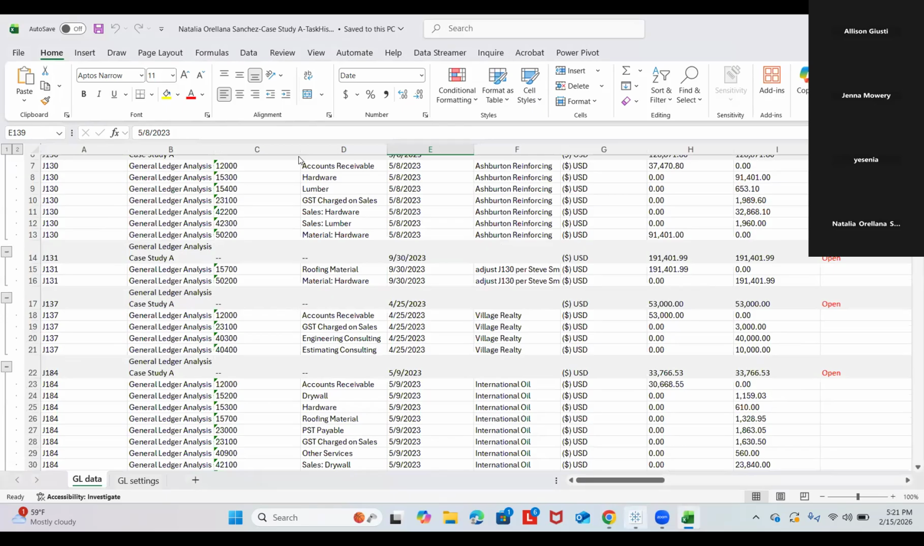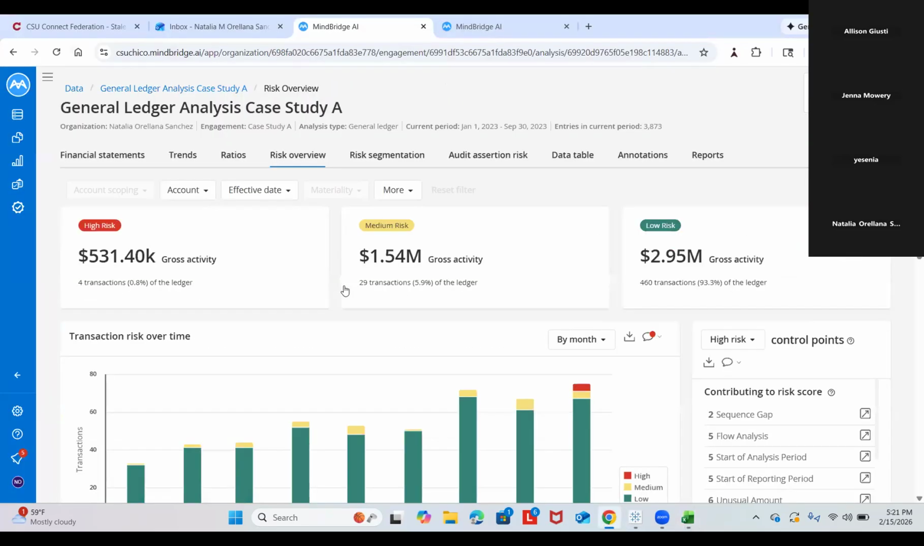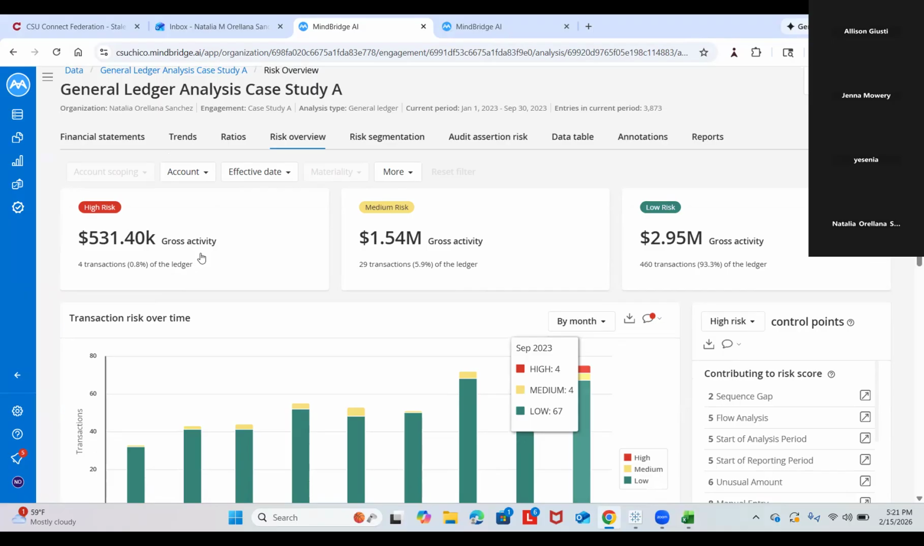Looking at the risk overview table, overall, the gross activity is low risk at $2.95 million, but they are going straight into the CEO's pockets to